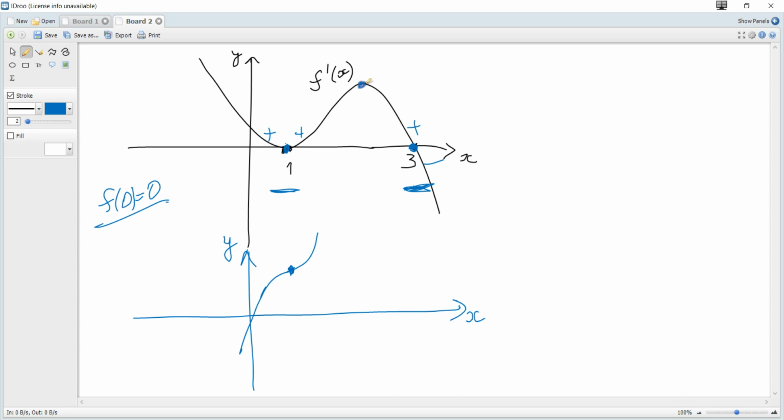And here it's a stationary point or turning point for the first derivative, and the derivative of this is equal to 0 here, so second derivative is equal to 0 here. And what does it mean? It's the point of inflection. So somewhere here there is a point of inflection,